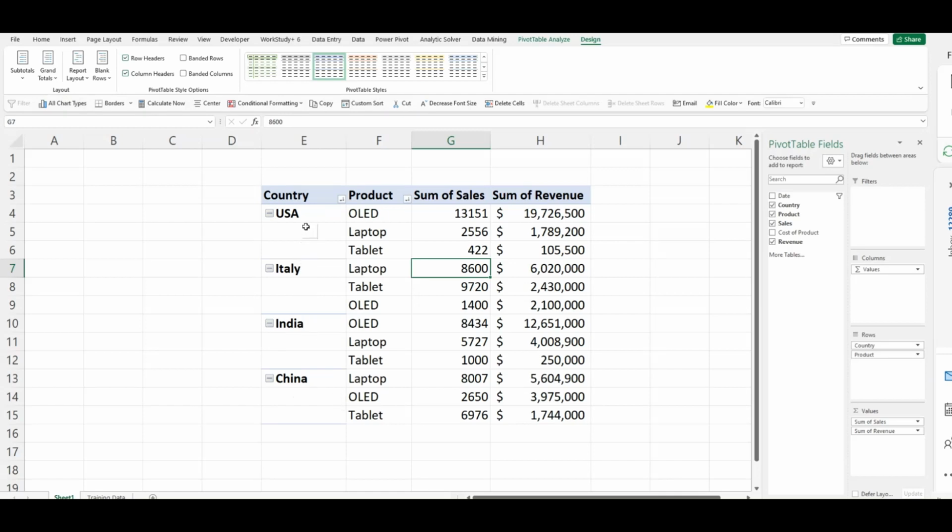Now I want to repeat all my countries. So for example, there's USA here, but it's missing here and here. So I want it to repeat. I will go to my report layout and I will say repeat all items. As you can see in this section, all your items are repeated, your data is filled, and